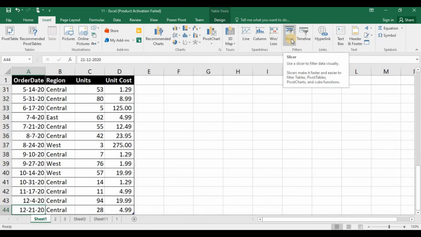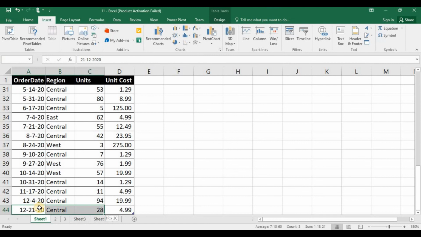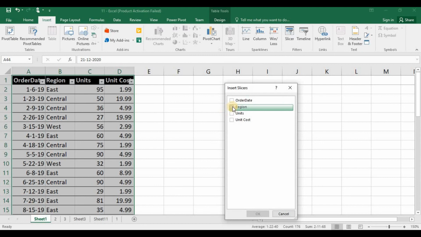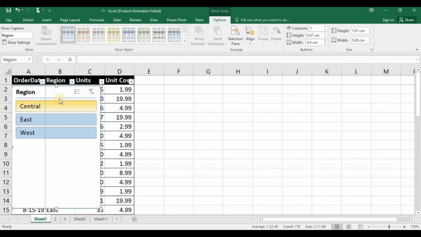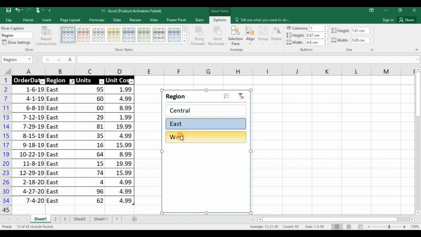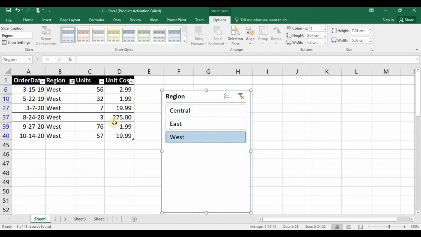Here, we have an option called Slicer. When you apply a filter to data, this tool is useful to select data easily. We see this with an example. Select the data, apply filter, click on Slicer, then select the field you need. I am selecting region. See, this is the slicer. You can see here all the values under region have been selected. We have only 3 regions. If you click on any one of these regions in this slicer, then only that region's data will display. Like this, you choose the data for the region you require.